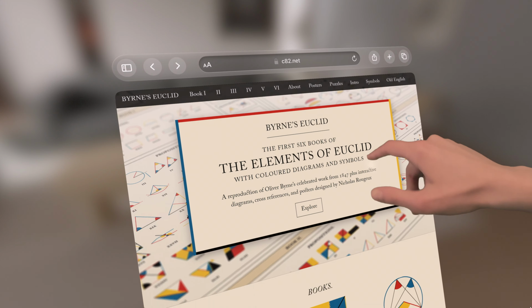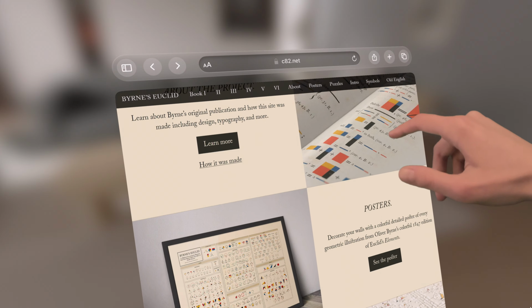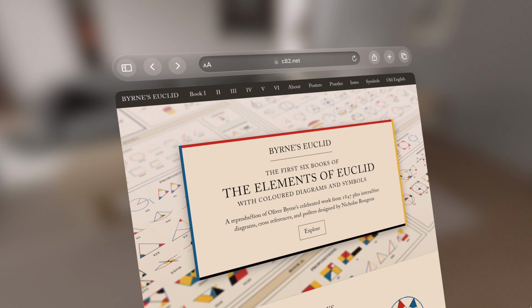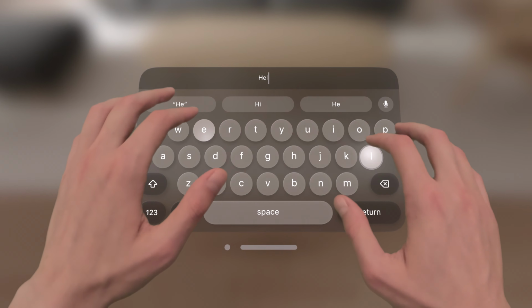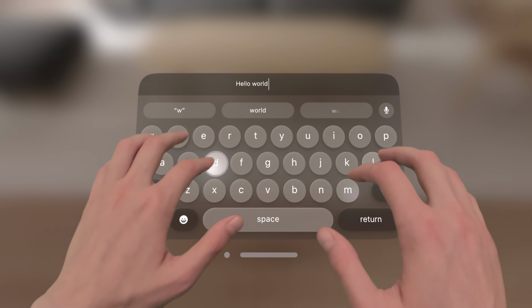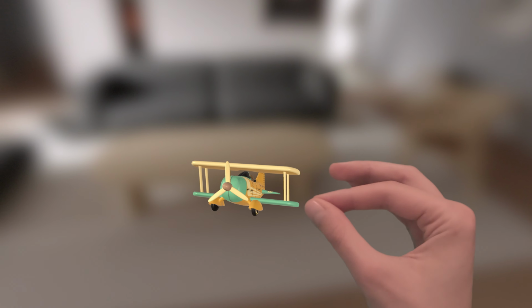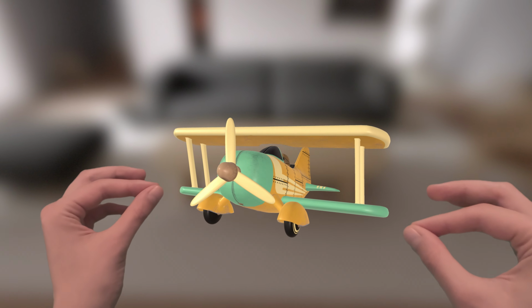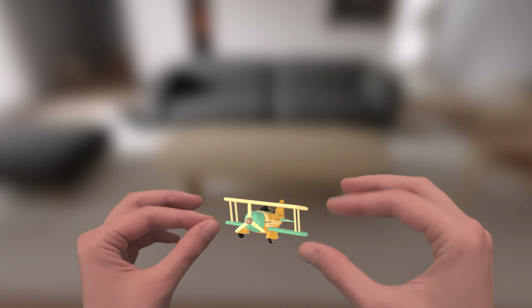Across the system, we support being able to reach out and use your fingertips to interact. For example, you can bring Safari close to you and scroll the page directly. You can also use both your hands to type on the virtual keyboard, and even have more spatial experiences, manipulating 3D content within your arm's reach. Interactions at a distance stay comfortable for a long time, because it's easy to target controls with your eyes, and your hands can stay rested while performing minimal gestures.